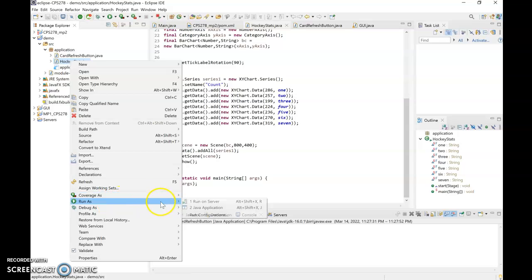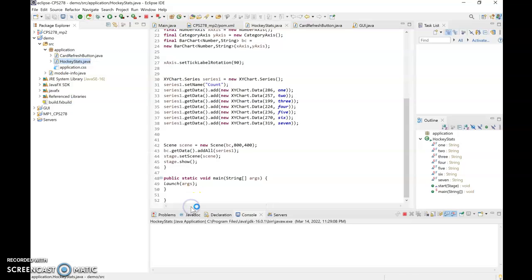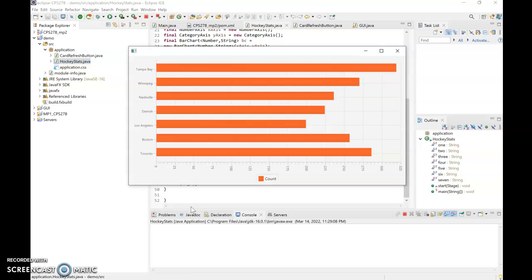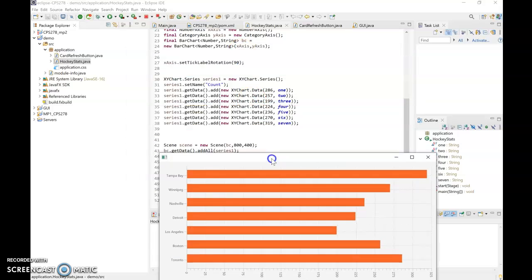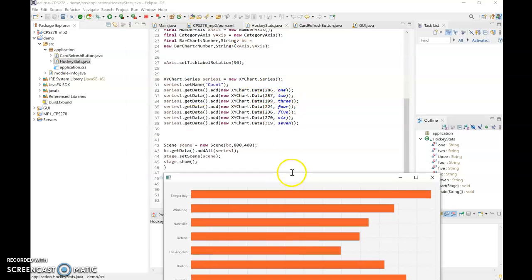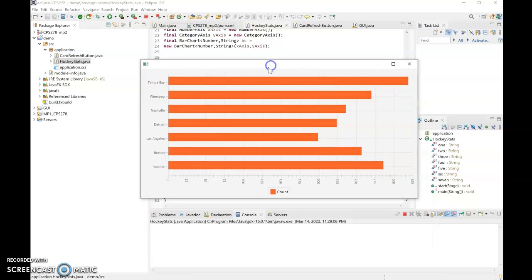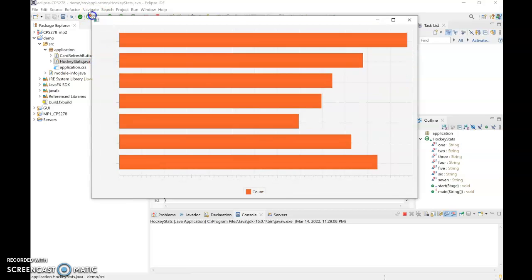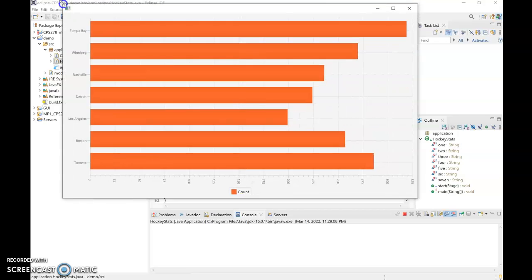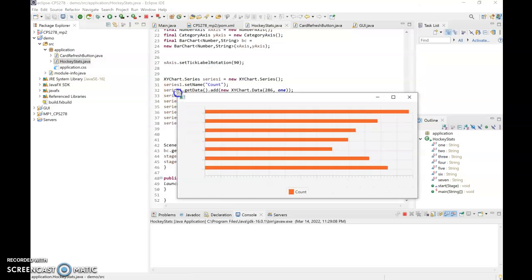Let's go ahead and run it. And as you can see, we have this and those numbers, 286, 257, all those numbers. That's what's right here. And we can adjust it, and it will go bigger and smaller when we just